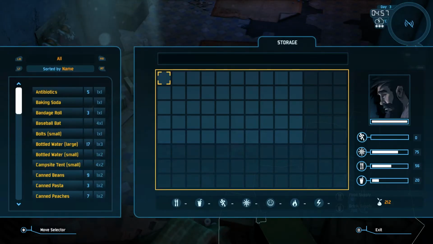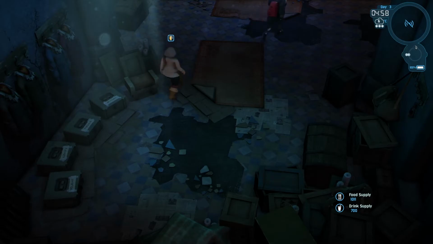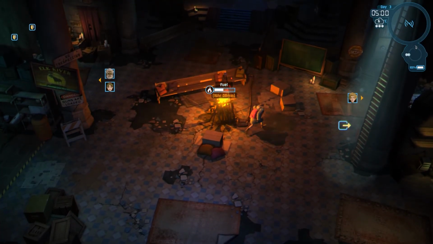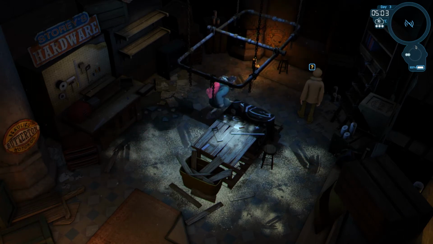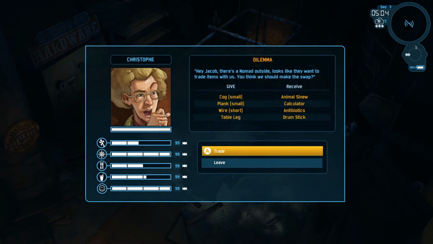Yeah, you know what, let's just go get some sleep. I will talk to Christoph. Has a question mark over his head, I don't know. Yeah, hi. I'm very, very tired. Can we make this quick, please? Hey Jacob, there's a nomad outside. Looks like they want to trade with us. Do I want to give him...